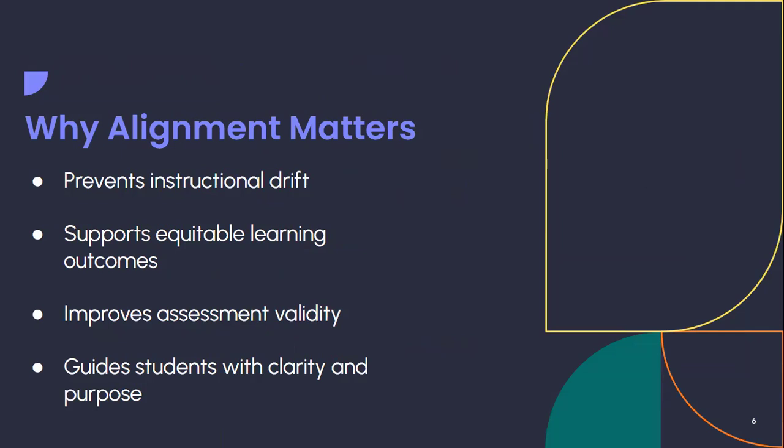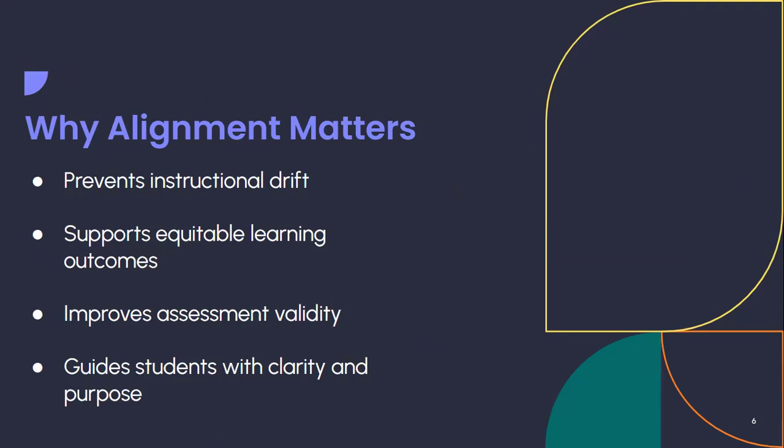So let's talk about why alignment matters. Misaligned lessons waste instructional time, and ultimately it confuses learners. It really leads to frustration, and even very young students can tell when the instructional plan is aimless. When lessons are aligned, students are more likely to achieve goals because instruction, tasks, and assessments are all pulling in